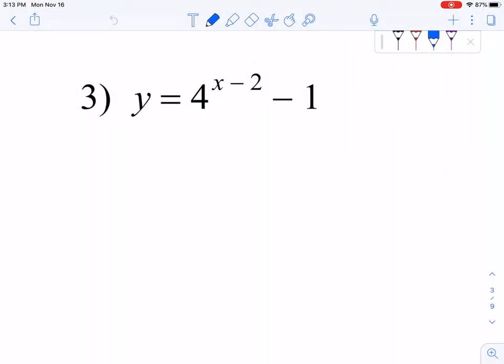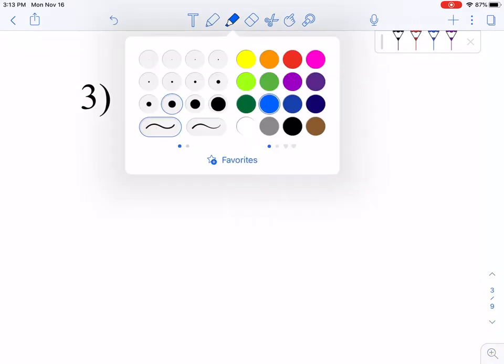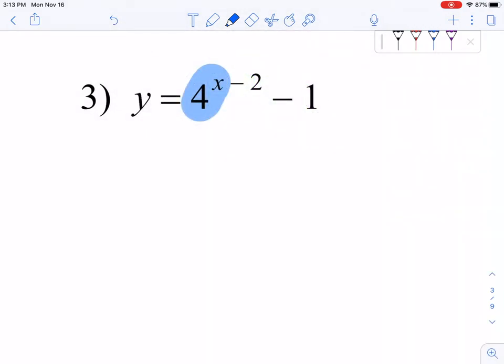All right, briefly going over 3, 6, and 7. Remember, when we're working with just describing transformations, we have a base with our exponent. So 4 to the x is our base with our exponent. Anything outside of that, so if we have a negative or a number over here multiplying, that's a stretch. This number here is shifting left and right, and then our number at the end here is shifting up and